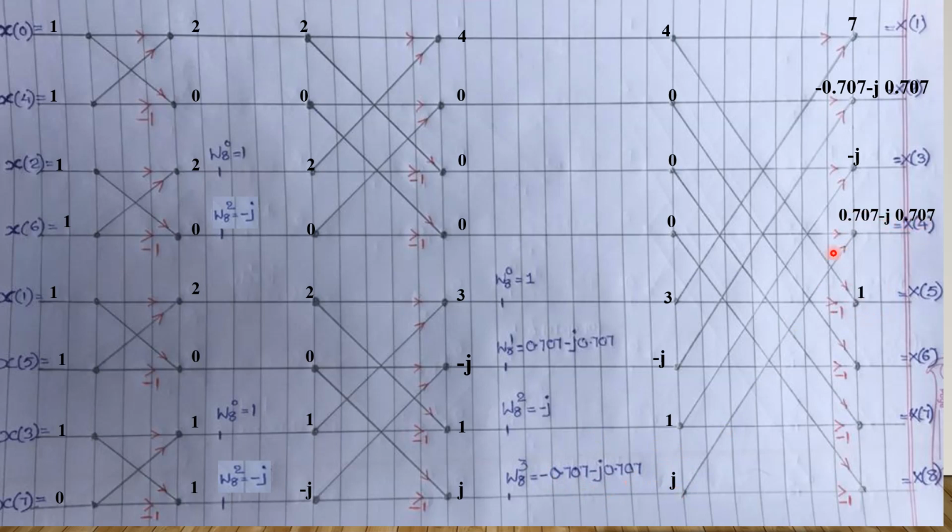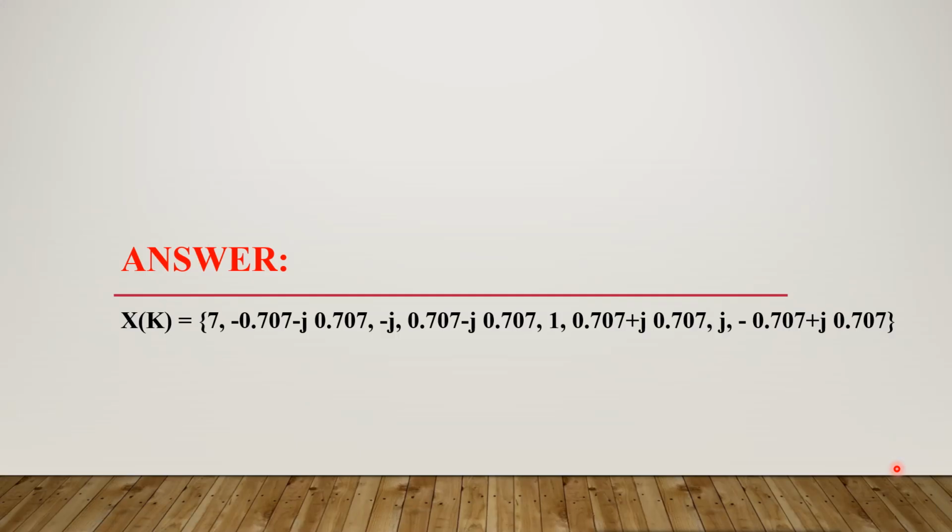At this point 4 minus 3, the value is 1. Again here 0 and again here minus j into minus 1 plus j. Want to multiply again with the twiddle factor. So you'll get 0.707 plus j 0.707. And here plus j. Finally you'll get 0 and again 1 into minus j, minus j. When you multiply with this value, you will get minus 0.707 plus j 0.707. So you want to finally write the values.